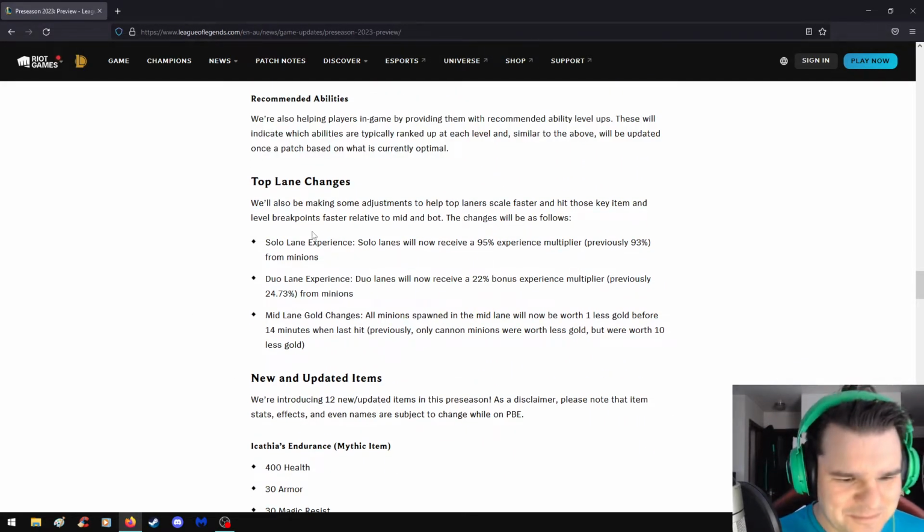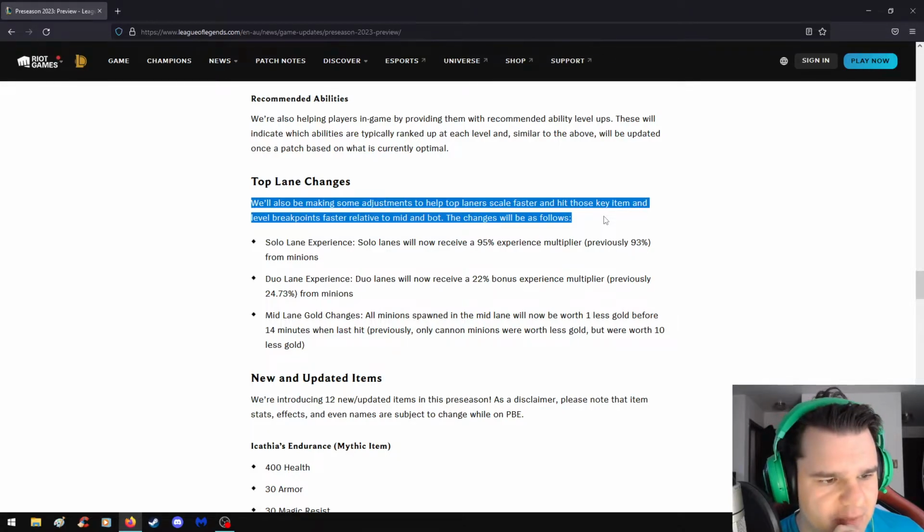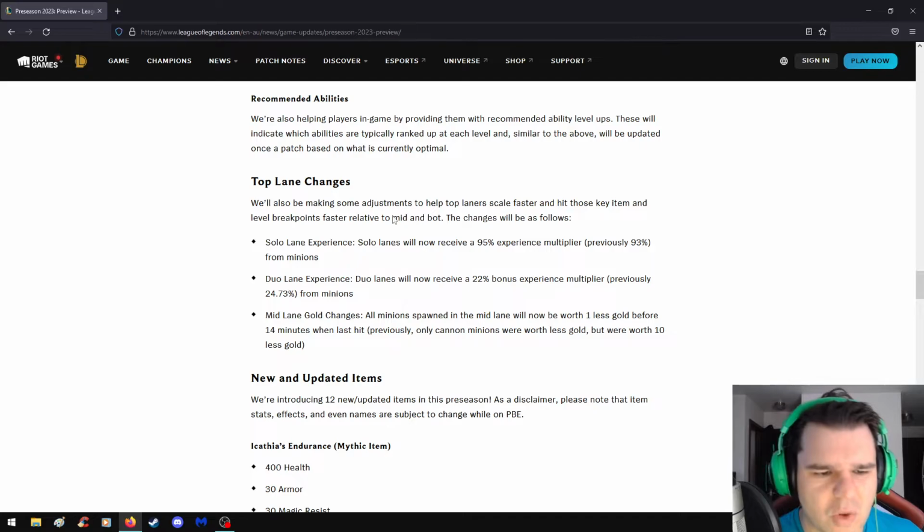We'll also be making some adjustments to help top laners scale faster and hit those key item and level breakpoints faster relative to mid and bot. Not exactly sure why relative to mid, because mid is a solo lane. So I feel like mid and top should be equal in terms of that. Now bot is different because you have 2 people down there, but